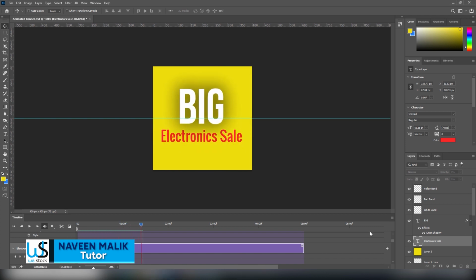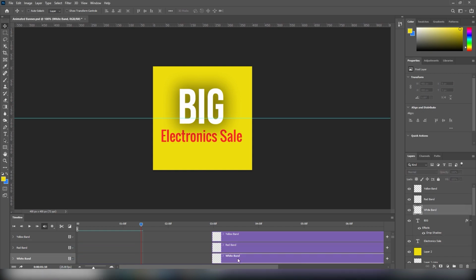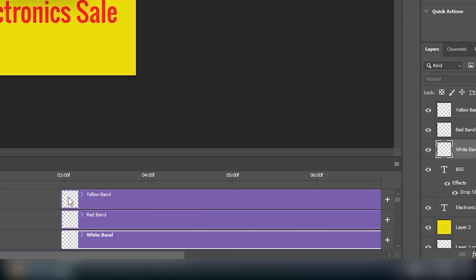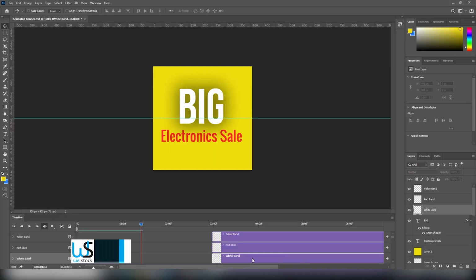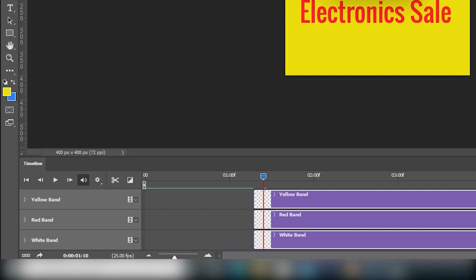Okay, it's done now. Now come to these yellow, red and white bands. These layers are actually what I have added here to apply a transition. Hold the Shift key on your keyboard and click on the yellow one. Now as you're seeing, the three layers are selected. Move these three layers